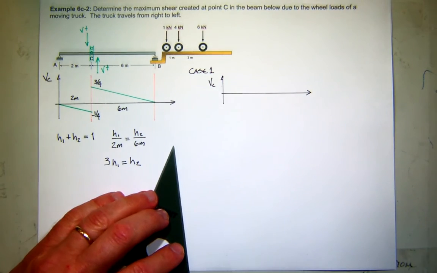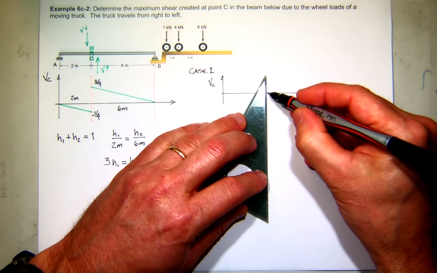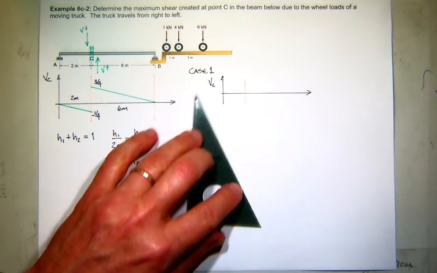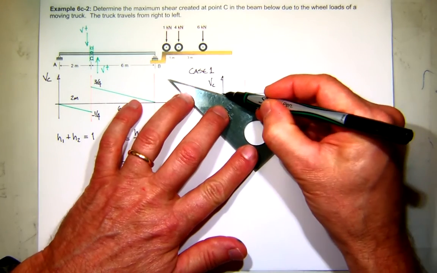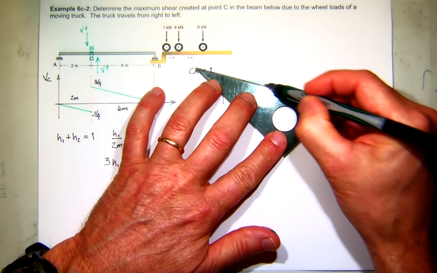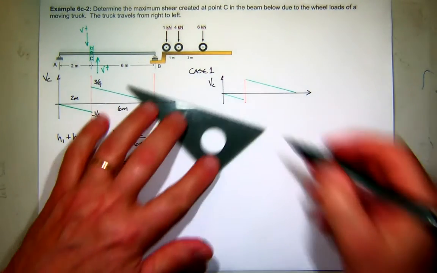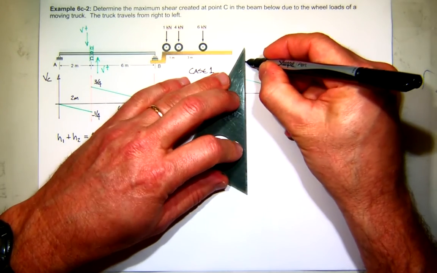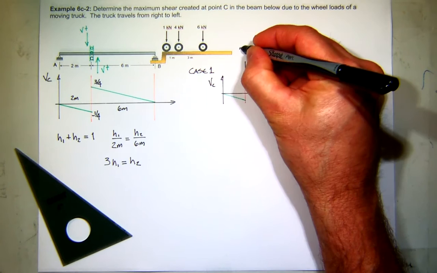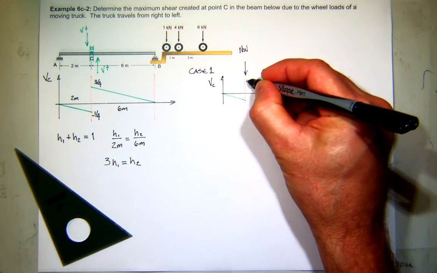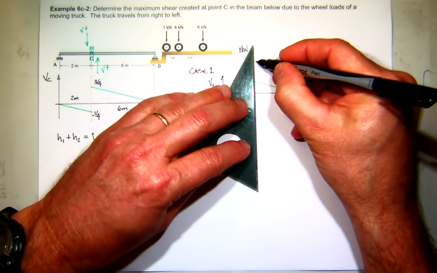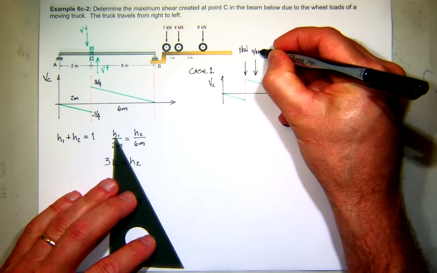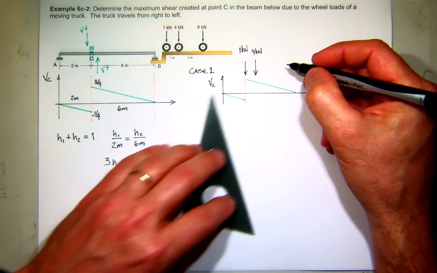And you don't have to do this when you're working it on the test. I'll just do it to kind of help you see it. So there's my influence line, and then I'm going to let the first load, the 1 kilonewton load, land at the top, and then 1 meter back is the 4 kilonewton load, and then 3 meters back